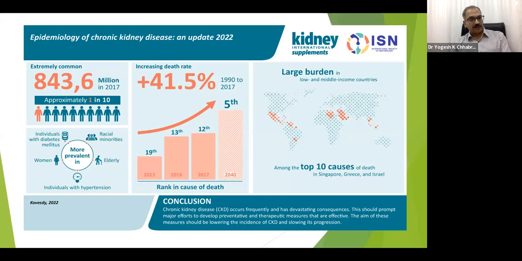It affects patients with diabetes, and is more prominent in the elderly and more prominent in women, because their GFR to begin with is already on the lower side as compared to the male population. And definitely the patients who are hypertensive have shown higher chances of chronic kidney disease over time.